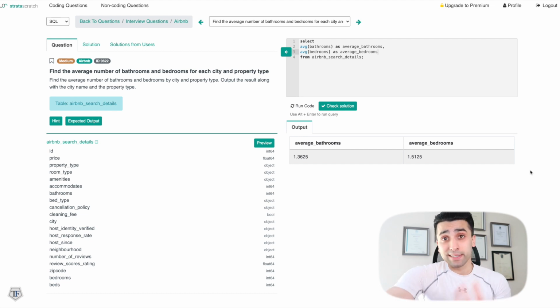But if I read the second part of the question now, it says that I have to do the average number of bathrooms and bedrooms by city and property type. So the output of the result, along with the city name and property type, should look like this: we have two columns, one for city name and the other for property type, against which we want to see the average bathrooms and average bedrooms. Now we already have that,